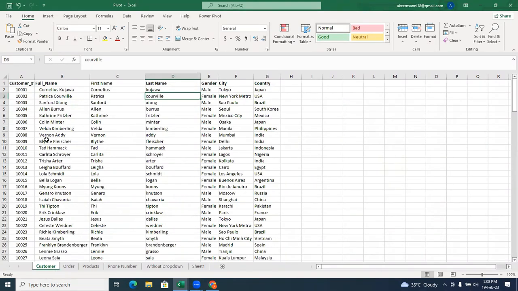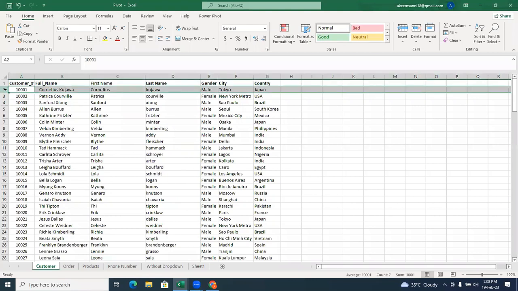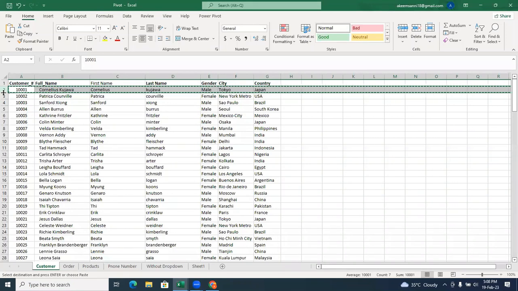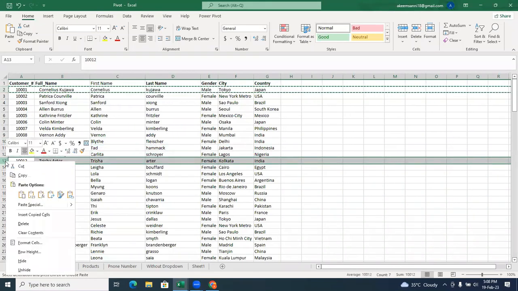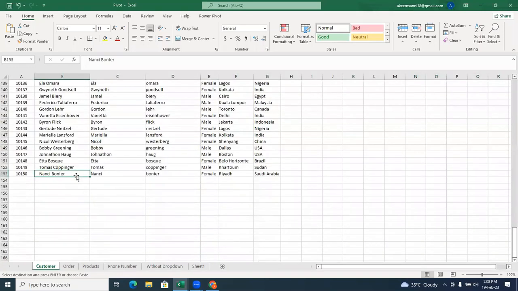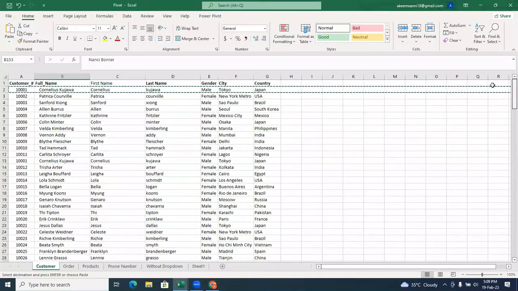But now let's see. I'm going to copy everything here, then insert. Let me come here and insert a new row. Let me insert the copied cells right here. Now, if you see, we have a duplicated item. If you notice now,